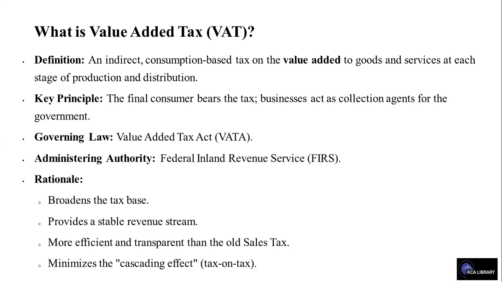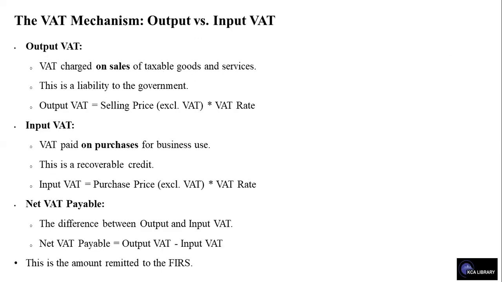The rationale and importance of this is that it broadens the tax base. It also provides a stable revenue stream. It's more efficient and transparent than the old sales tax. And lastly, it minimizes the cascading effect, which is tax on tax. And we look at